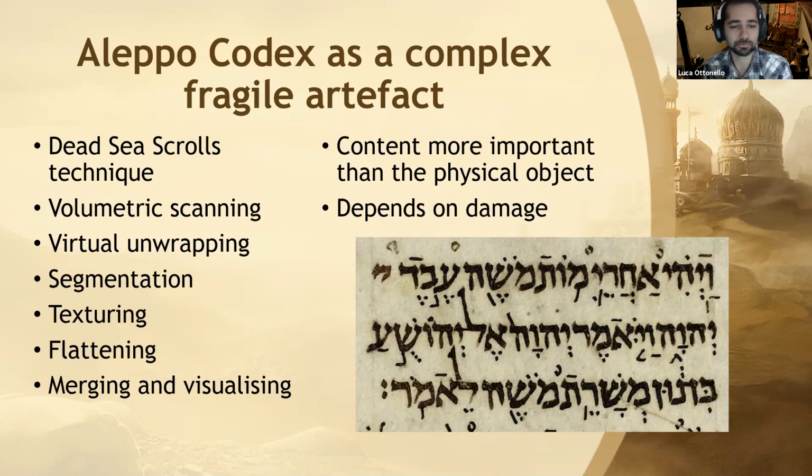And this one was remade partially by volumetric scanning, virtual unwrapping, segmentation, texturing, and flattening. So basically, they took a picture of the scroll as it is without touching it. They virtually unwrapped it, made it into a flat version, then tried with the digital tools that they had to reconstruct the parts that were heavily damaged. And then they textured and flattened it again and gave a version which was actually readable from a very ancient scroll that would have been impossible to read at this point. So this is a possibility for the